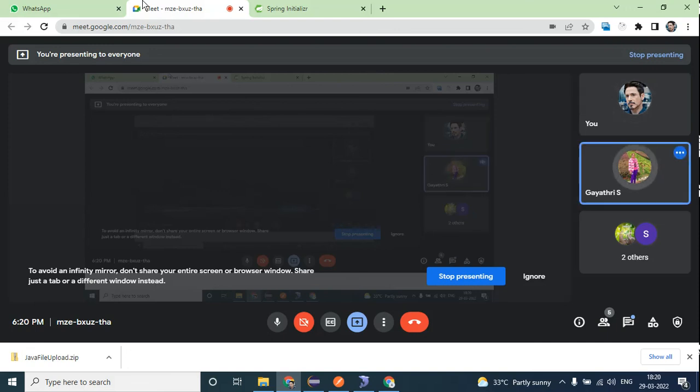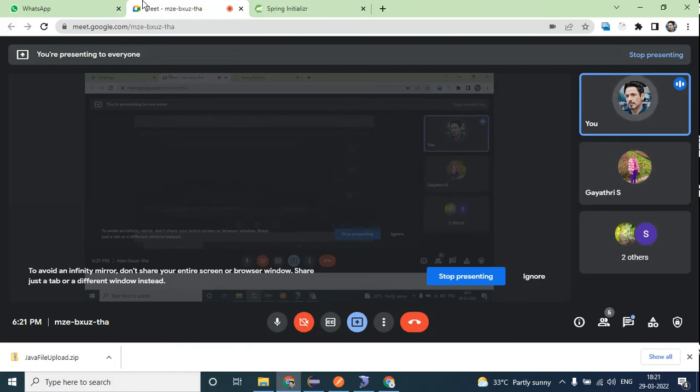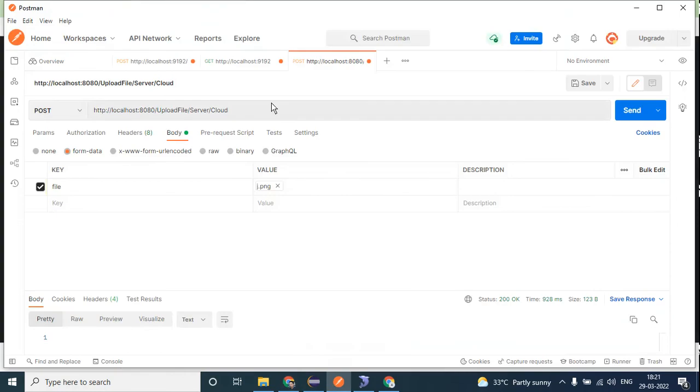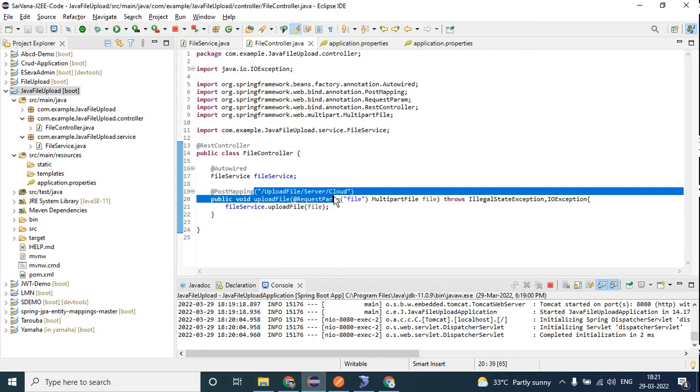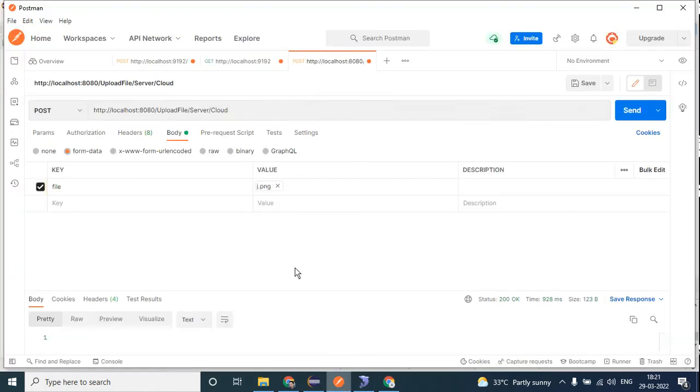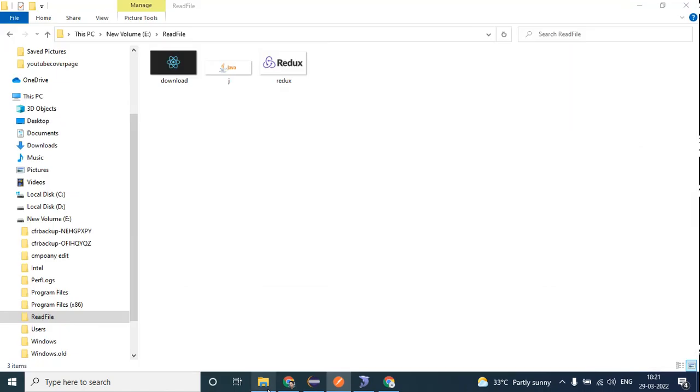Any doubts in this? You yourself create a file in a drive and check the API. And this API you can write anything. Once the initialization has started, for uploading a file you have to go to body, not raw, you should choose file, you have this option of text or file. Select file, you will have the value here, select the file, send. If 200 status shows okay, go and check that the file you have created is a new one.